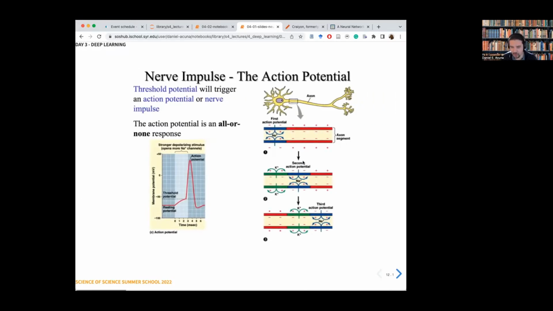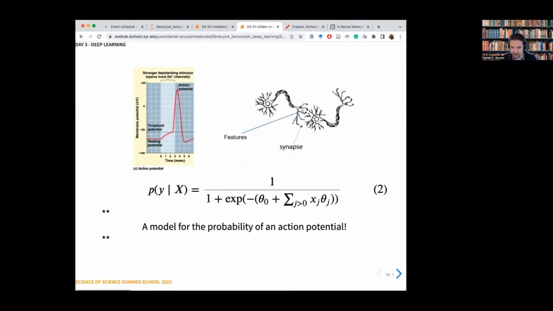Of course, this is a much more complicated process. I won't go into details, but there's chemistry involved. But we can think of one neuron as some sort of logistic regression. So you can think of each of the connections. X here will be the connection from other neurons, multiplied by how much that neuron affects or inhibits this neuron. So if this is positive, that means it's affecting it and maybe giving it the ability to fire. And if it's negative, it's inhibiting the firing of that neuron.